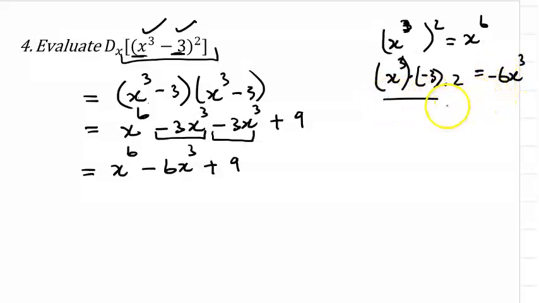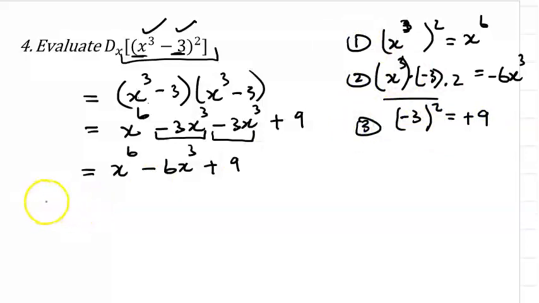And then square the last term. Minus 3 all squared is equal to plus 9. So you can use the rule, square the first term, double the product, and square the last term to square the binomial. Therefore, dx equals